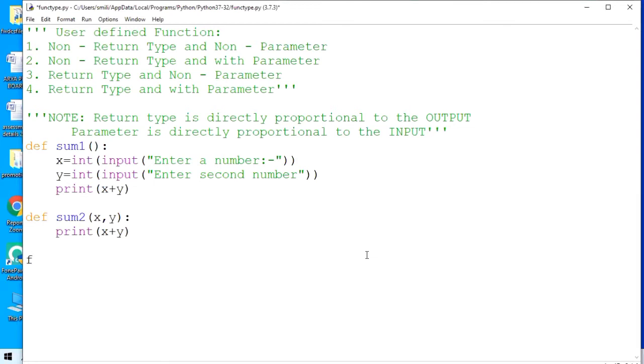I think now you understand what we have to write when we are dealing with parameter and non-parameter. If you are using print, that means that will be an example of non-return type. It can be non-parameter also, it can be parameter also.